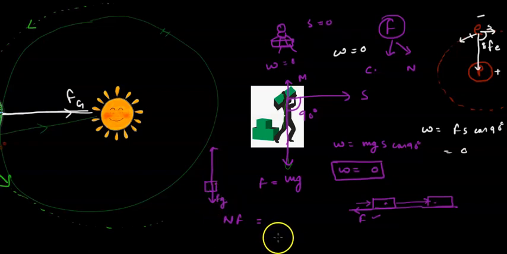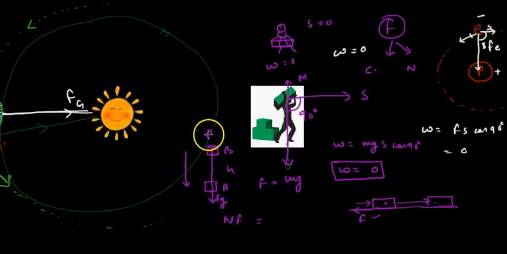Now when you kept the ball from this place A to B at a certain height, when you leave the ball or the box, it will fall down to the same place. Why? Because the ball